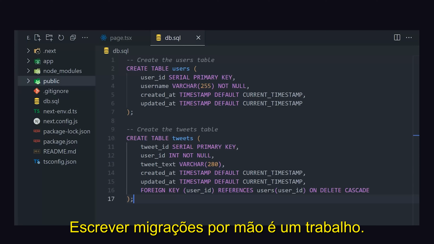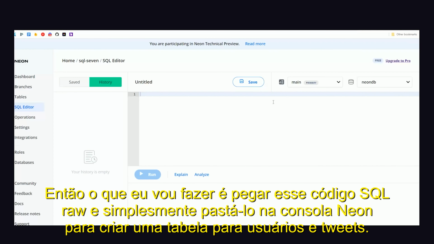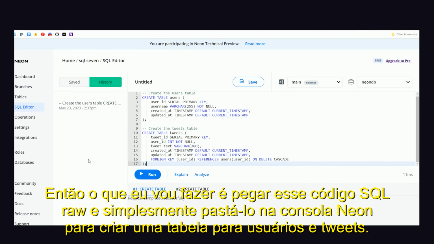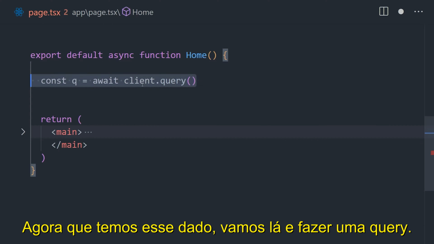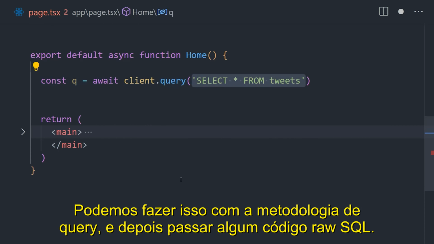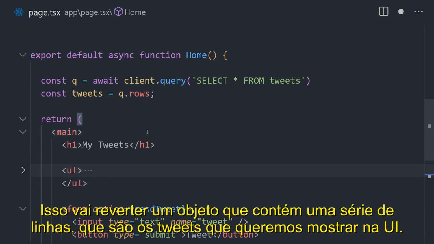Writing out migrations by hand is a lot of work. So what I'm going to do is take this raw SQL code and simply paste it into the Neon console to create a table for users and tweets. Then insert a few dummy rows into it. Now that we have that data, let's go ahead and make a query. We can do that with the query method, then pass it some raw SQL code. That will return an object that contains an array of rows, which are the tweets that we want to display